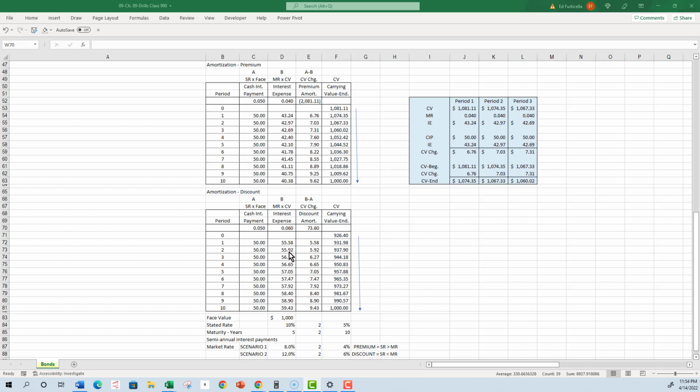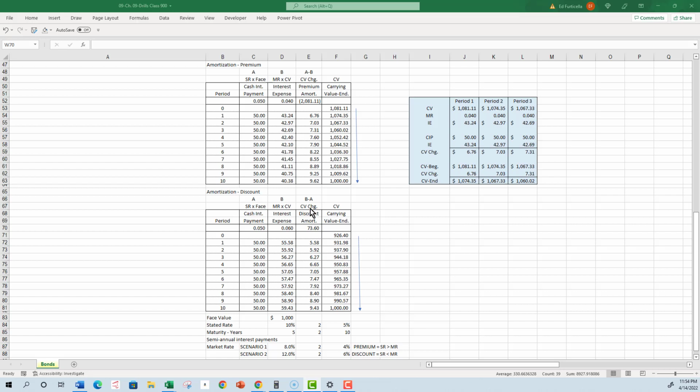In order to determine the change in the carrying value, or the amount of the discount amortized, we take the difference between the cash payment and the interest expense, which is $5.92. We add it to the prior carrying balance of $931.98 to get a new carrying value of